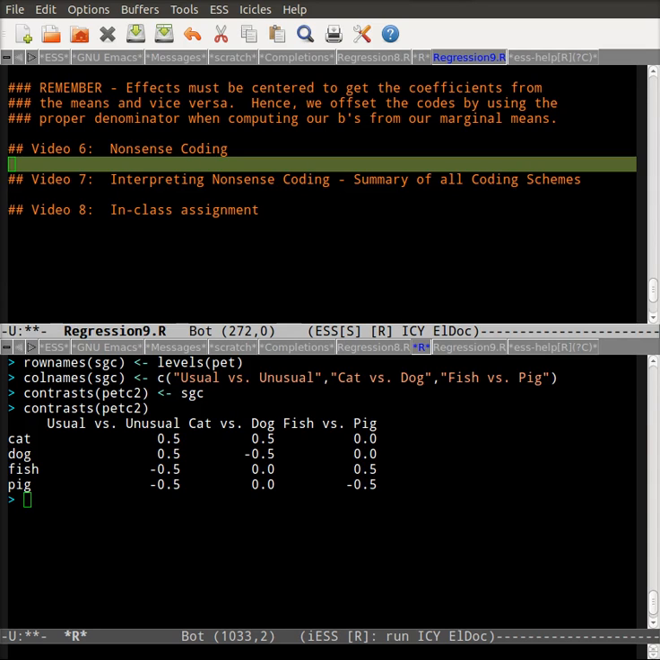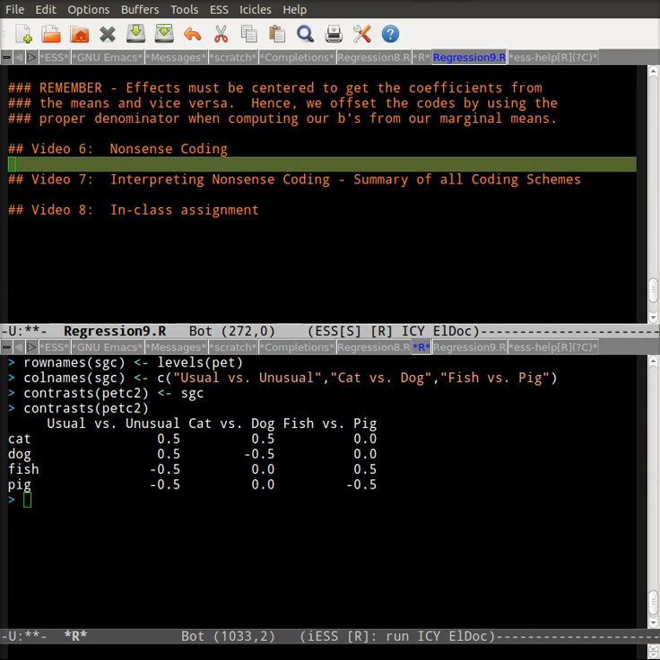Oftentimes you have weights that might not make any sense, and not only that, but it may produce some unexpected confounds in your model interpretation as well as your parameter estimation. So nonsense coding typically is defined as codes in your contrast matrix that, while they don't sum to zero and they're non-redundant, they also may end up creating